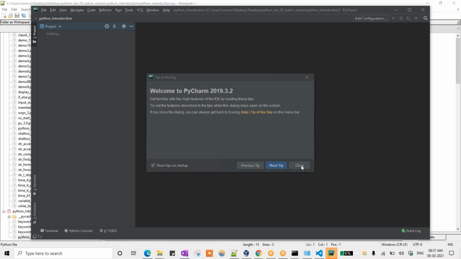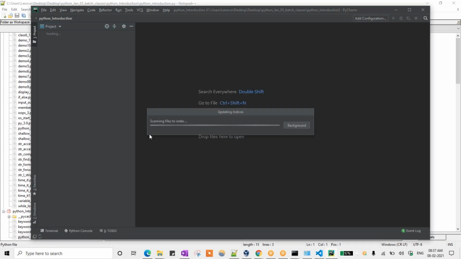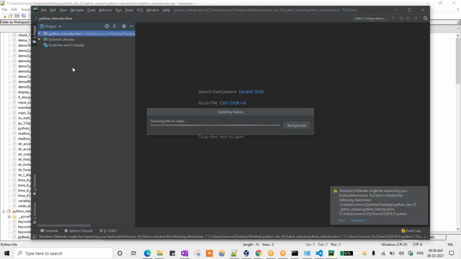Okay, click on close here. It is scanning the files to index them. It will take 1 or 2 minutes again. See here it is showing up. You can check what the background feature is showing.